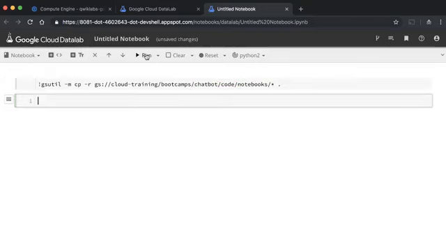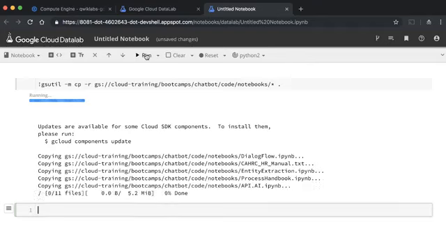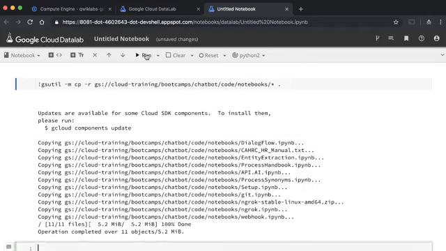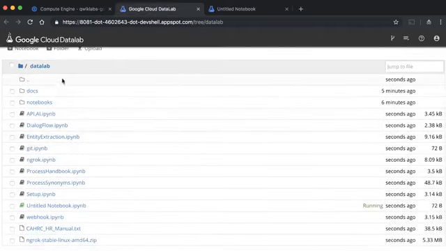And we'll hit run. And that should have copied all of our notebooks from the bucket. So if we go back to the Datalab tab, now we see that we have a lot of new Python notebooks in our Datalab root directory.